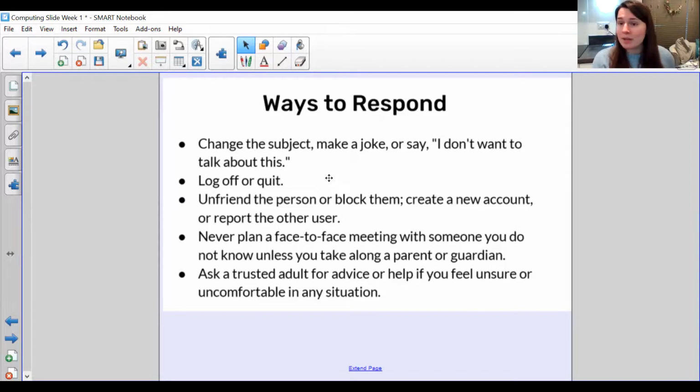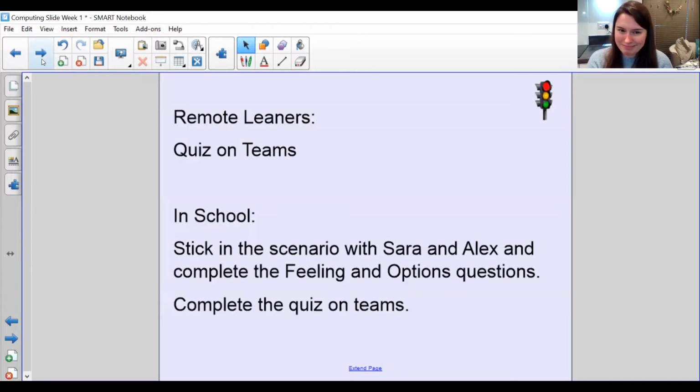If someone is asking you to meet up, the answer is no, I don't know you, or yes, but we will bring parents and guardians. And the last one is really important. If ever you're unsure of the next step and something's making you feel uncomfortable and you're not sure what to do, you ask a trusted adult for advice. You go to a teacher, you go to a parent, you go to even an older sibling. What should I do? It's making me feel uncomfortable. They may have had experience of these things and can help guide you a little bit further. Hopefully you came up with some of those in your options.